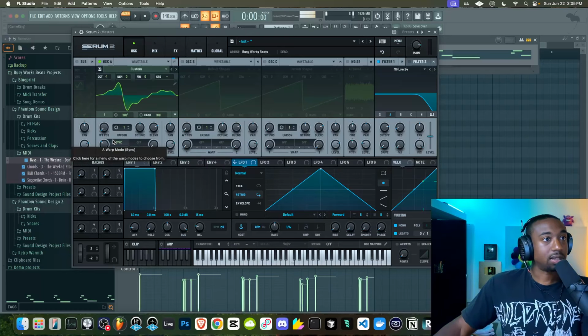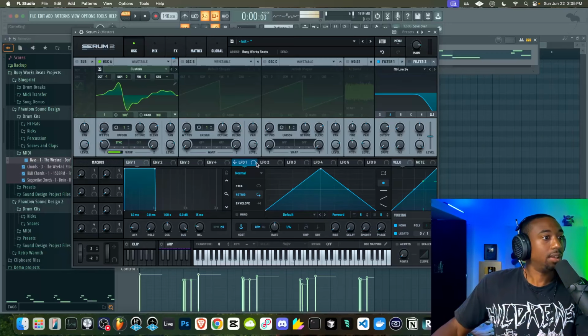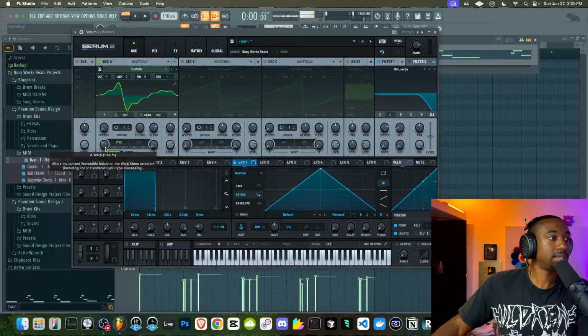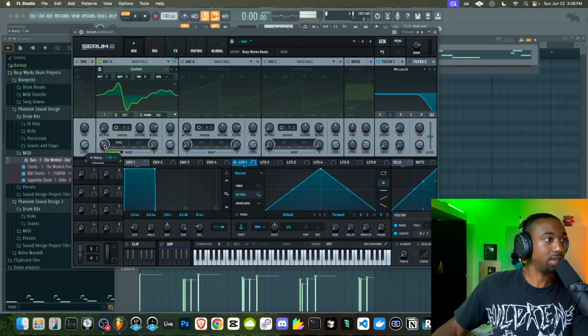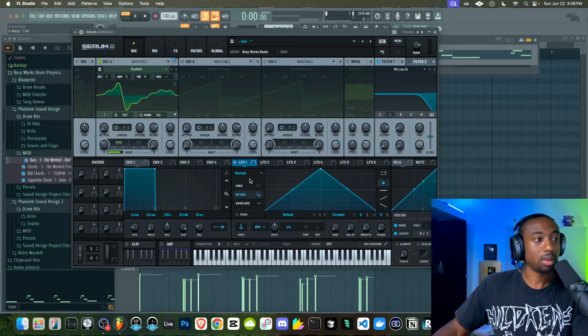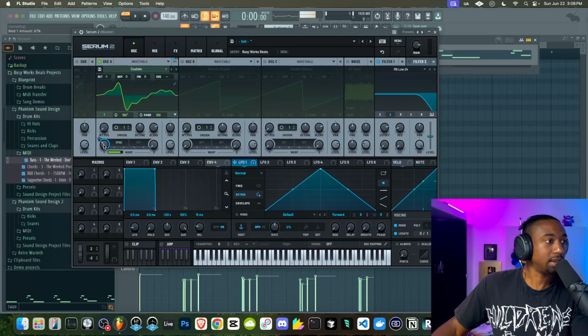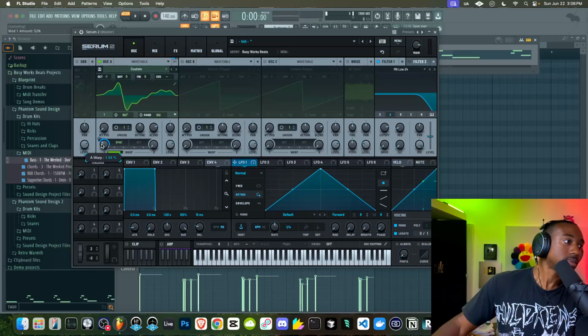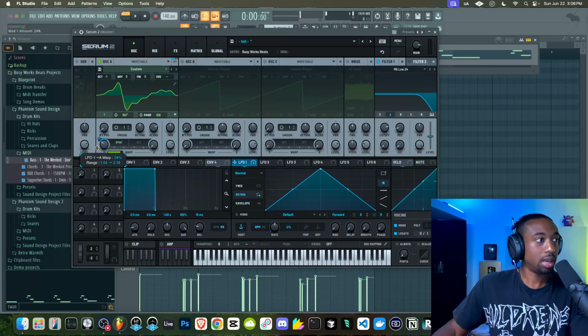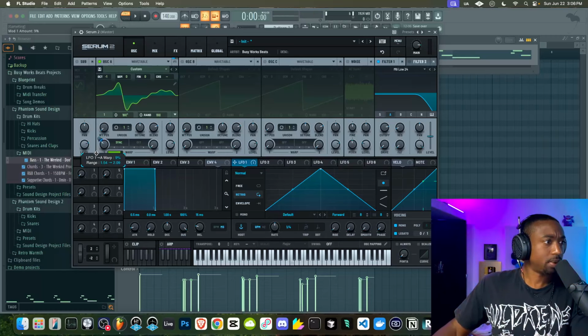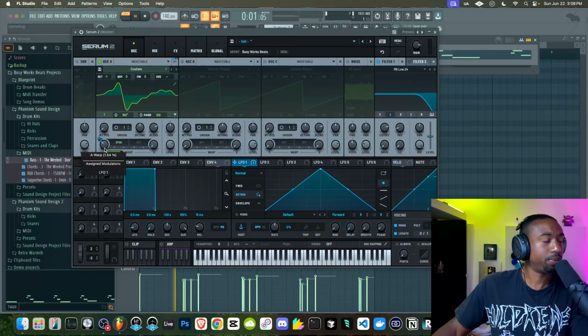Now, a good habit you guys want to mess with is using LFOs or randomness to control a range of something. So let's say I want this sync modulation to kind of wobble over time. We can add an LFO. Let's drag it over top of the sync. We need to give it a range. I don't want it to go wow the whole time. So we need to pull in what's called the range. Let's pull this in to about 0.5 of its value. So it's a very, very small range.